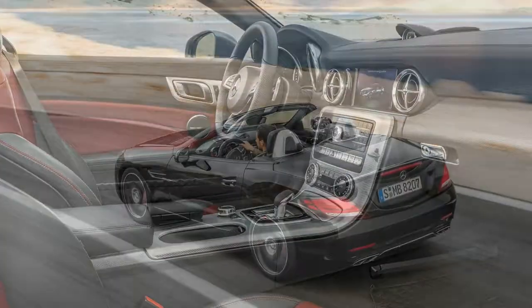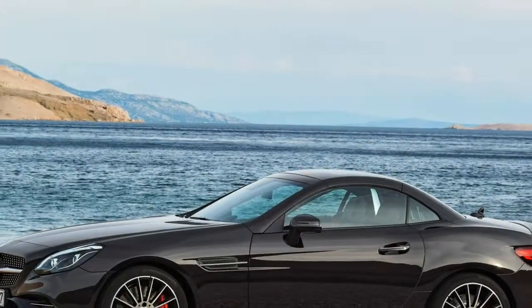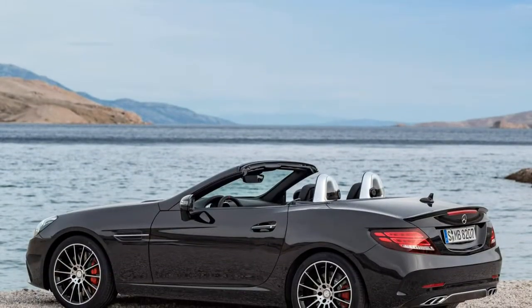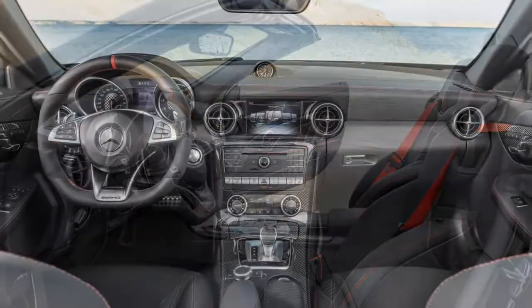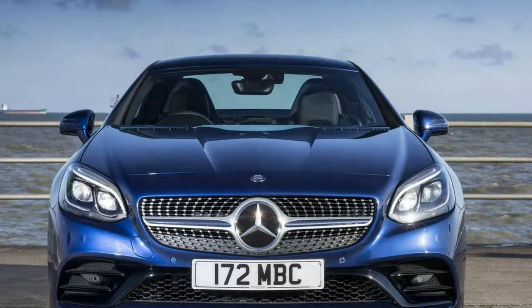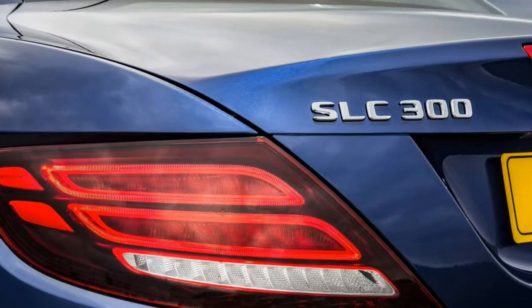Before you add the ease of use and fun factor too. Expect feedback or driver involvement like you get from a Porsche Boxster and you'll be disappointed. This is not a car for enthusiasts craving proper sports car responses. That doesn't mean you can't have fun though, and on a fast, flowing road the SLC can put a big smile on your face. There's plenty of grip and the steering is sharp and accurate, it's just not as communicative